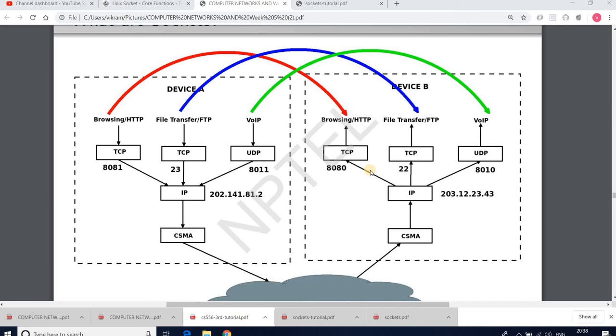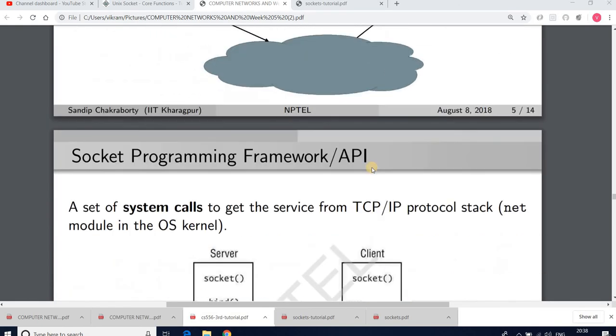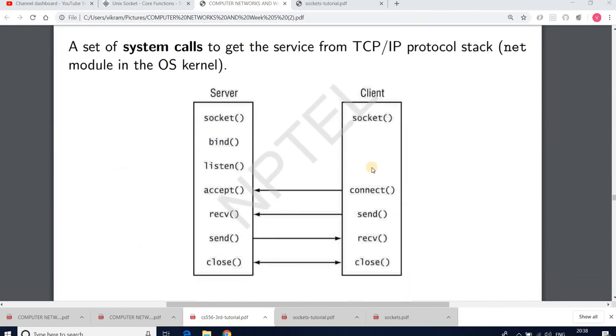For socket programming, we have a set of system calls that we have to execute from the C program, and these system calls help us get the service from the TCP/IP protocol stack, which is implemented inside the net module of the OS kernel. Let us see how this entire thing works.